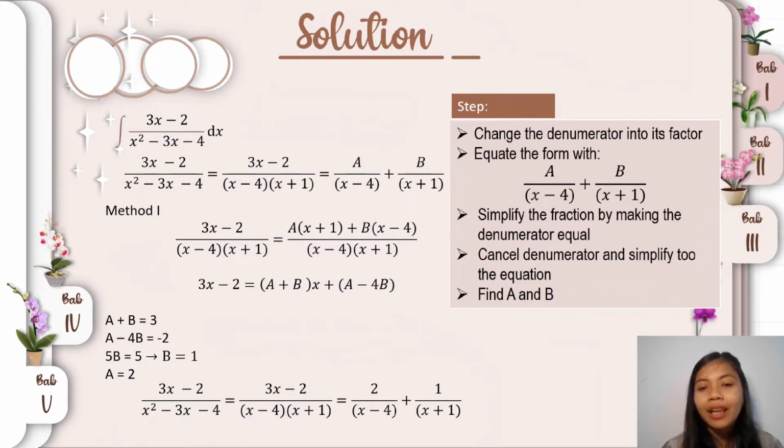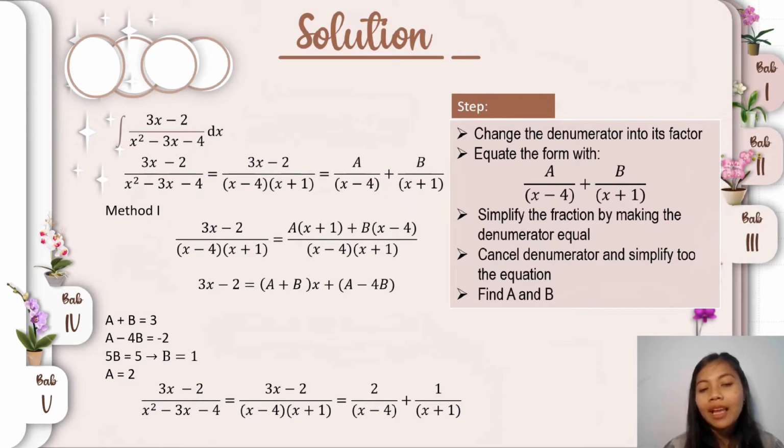And then cancel the denominator and simplify to the equation 3x minus 2 is equal to (a plus b)x plus (a minus 4b). From the equation, we have a plus b is equal to 3, a minus 4b is equal to